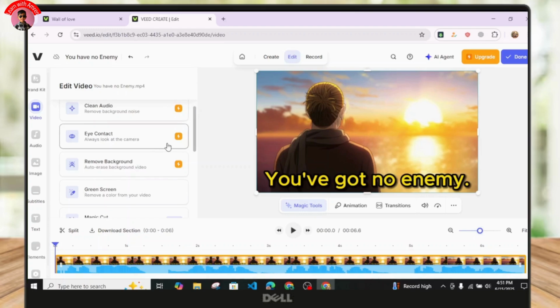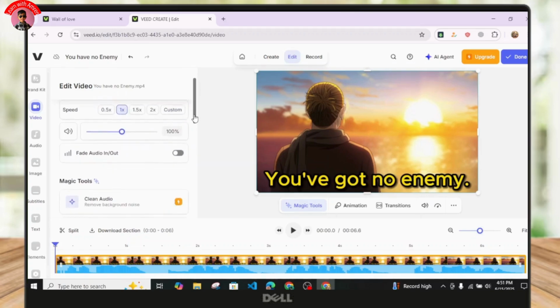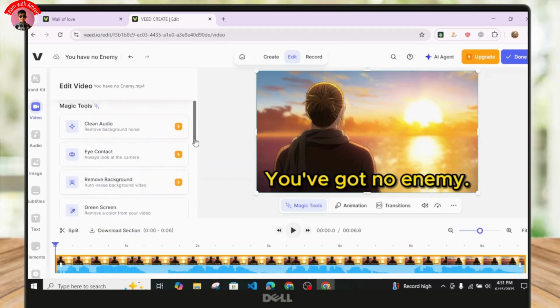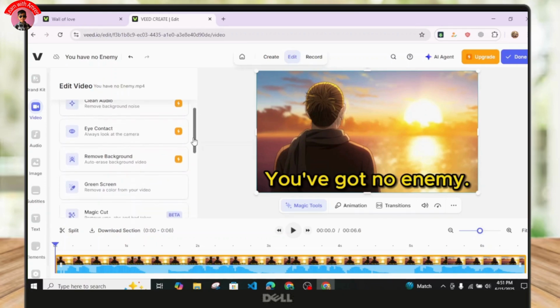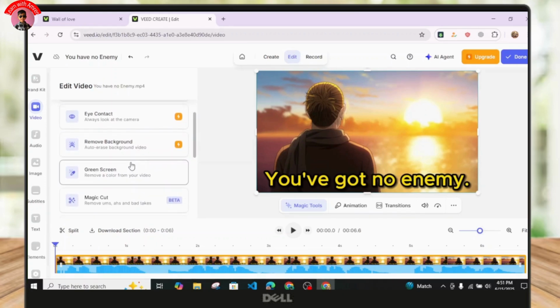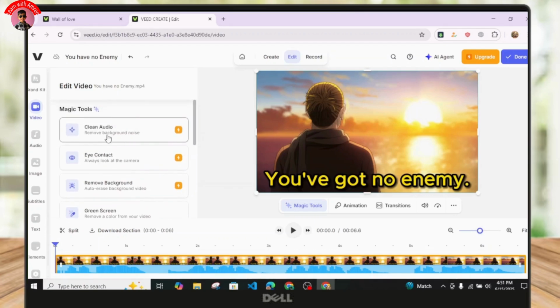So to remove any video background noise, you just head over to this magic section over here, which is the magic tools. So Veed.io provides some magic tools such as green screen, remove background, remove contact or eye contact, as well as clean audio. So since we want to remove our background noise, you just have to click on this clean audio,